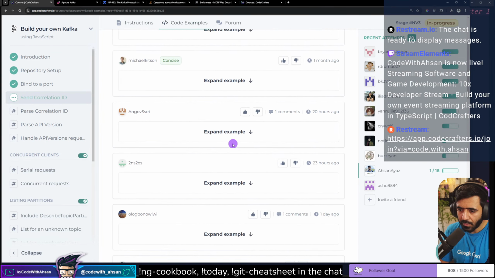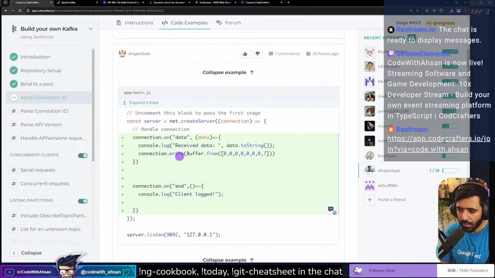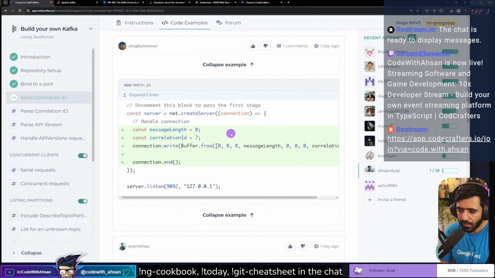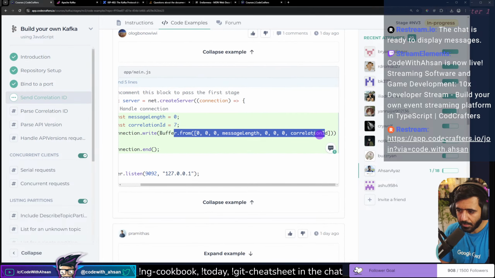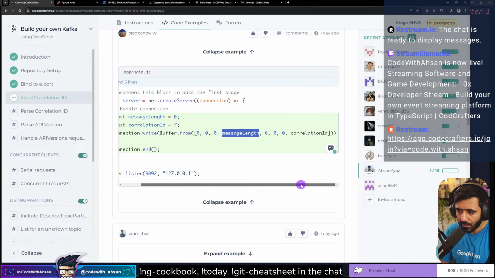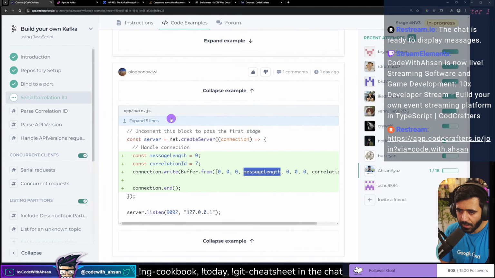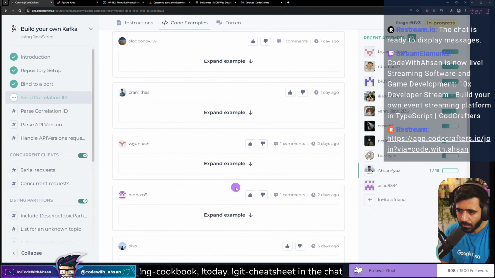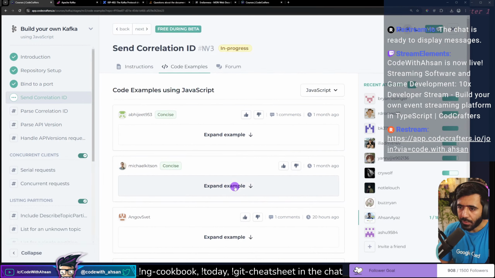Abhijit, let's close that. We have this person who has done the buffer logic. Then we've got this person who has also done the buffer logic, and the message length and the correlation ID. Interesting. Okay, so now I have